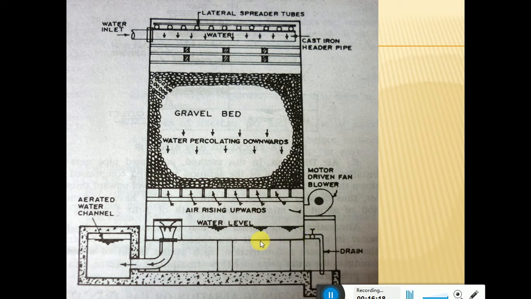And this is the drain. If there are any impurities which have settled, this can be opened and cleaned. Then again this will be put into action here. Along with the aeration, this will also remove some other impurities, that is small suspended impurities, which can also be caught by the bed of gravel. Some of the bacteria will also be removed on the bed of gravel. So here we can achieve two objectives: aeration, and also removal of some suspended particles.